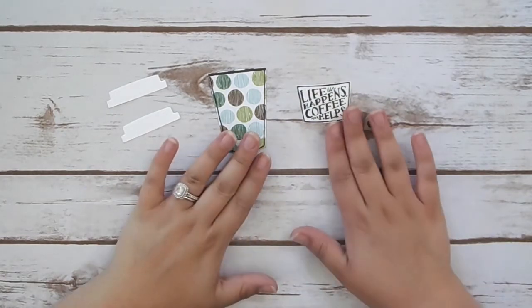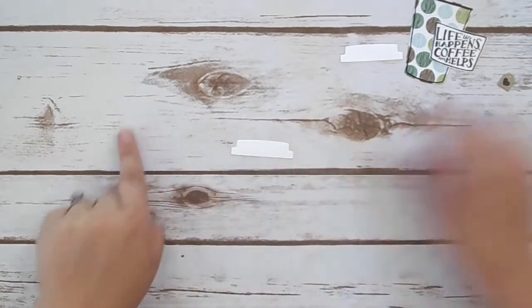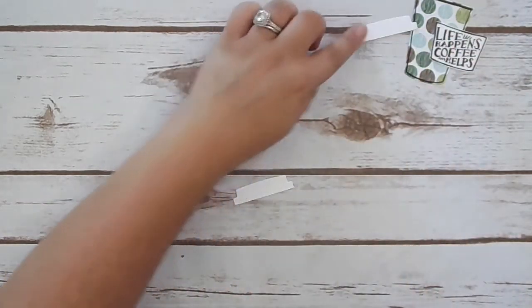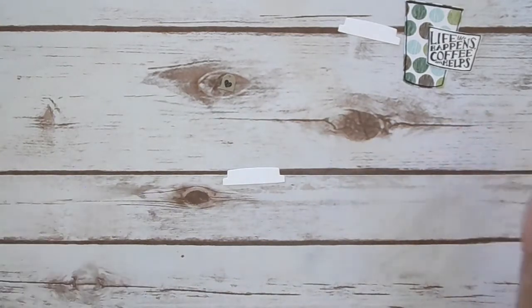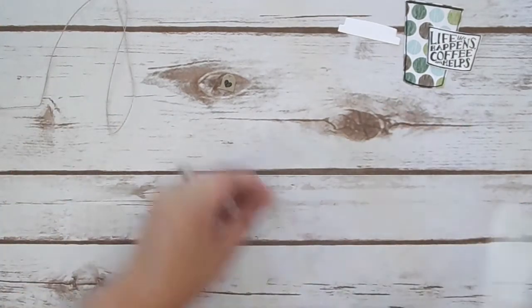So first thing is we are going to take 1 of our little lid pieces and we're going to take our little tag. That one has a little speck of something on it, so I'm gonna use this one instead. We're also going to use our linen thread right now. So I just like to spool off a nice long piece just so that I don't ever have issues working with it. We're gonna bring back in our tear and tape,